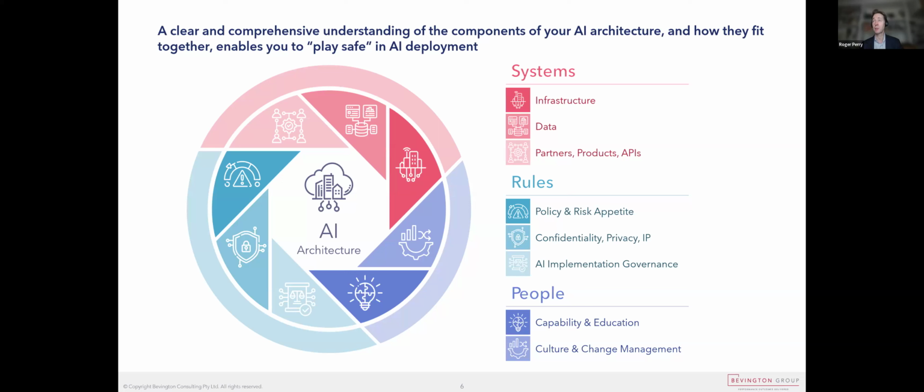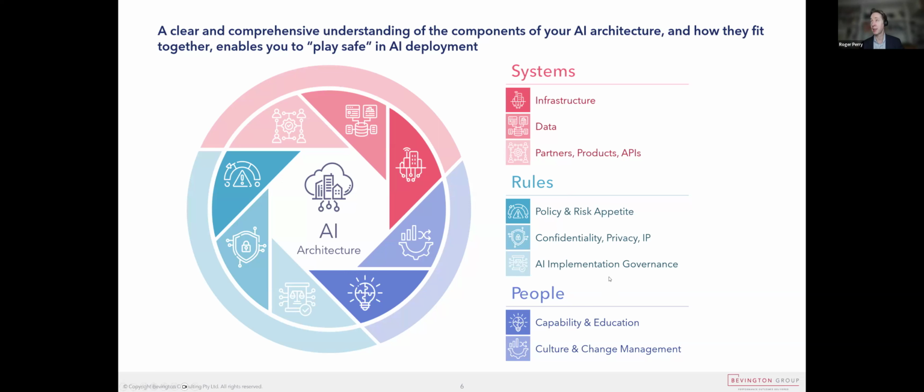Now, by the walled garden, I should be clear, we mean that you're actually running your AI models inside your, it's like on-prem, inside your network, so to speak. It's the equivalent of being behind a firewall, but in AI terms. So all of this thinking needs to be done, and you can evolve it and change it over time, but it certainly needs to be done. So systems, rules, that will relate to your risk appetite, confidentiality and privacy.